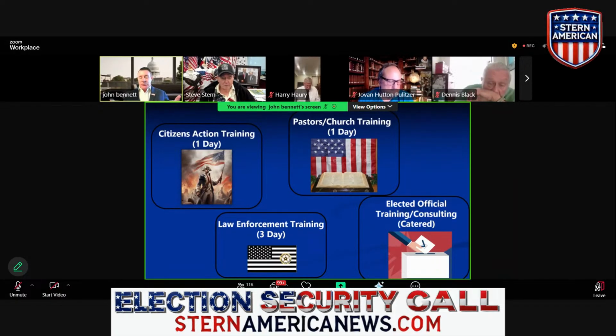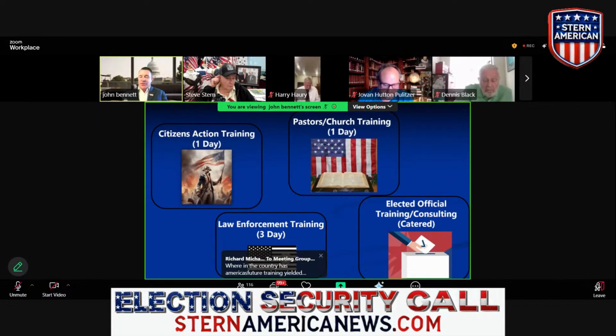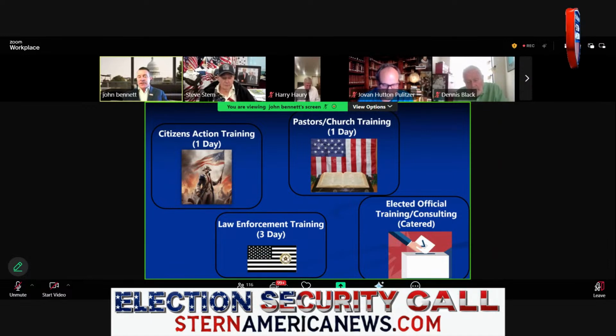Second half of the day, we literally pull them together as one team. They pick their own leaders. And then before we go into that area, we do a deep dive investigation and research, and we put together a detailed action plan for them in 3 easy phases and 10 steps. And we give them that detailed action plan, and then they take their team and go action that action plan, which is legal, lawful, but very creative. And in addition, we also train them on secure communications, so no one is alerted to what they're actually doing. So that's the one-day citizen action training.